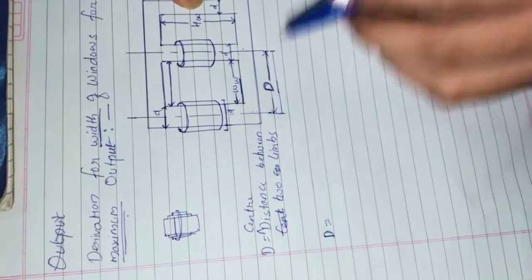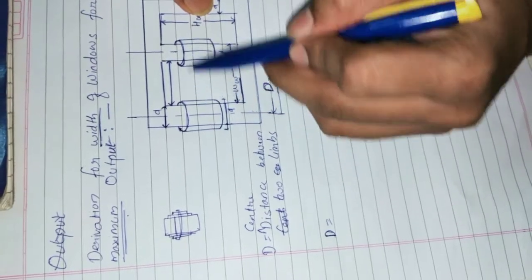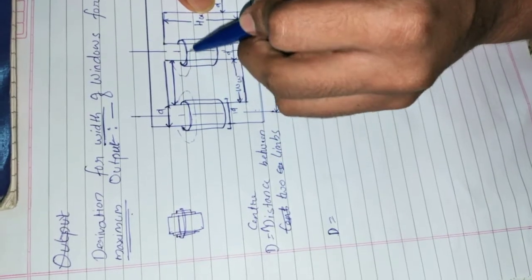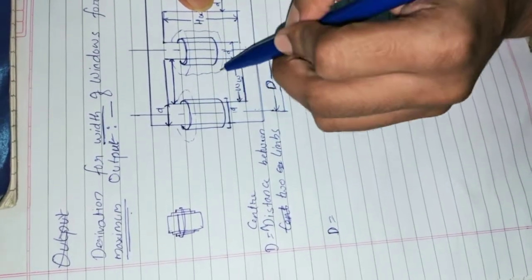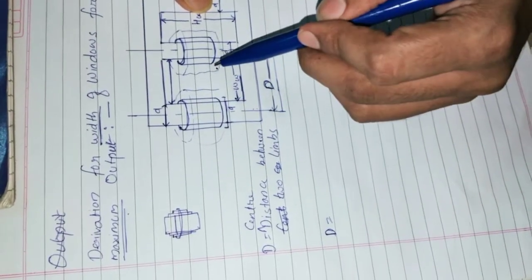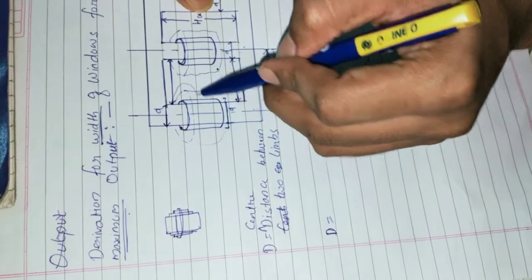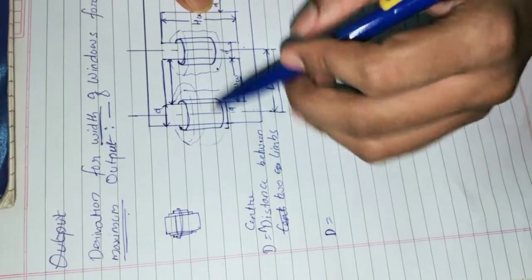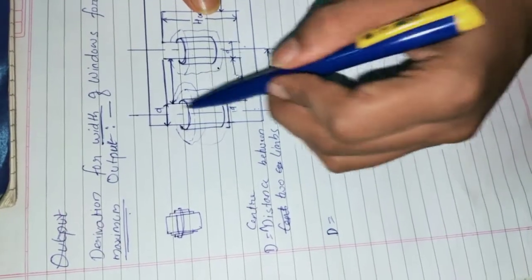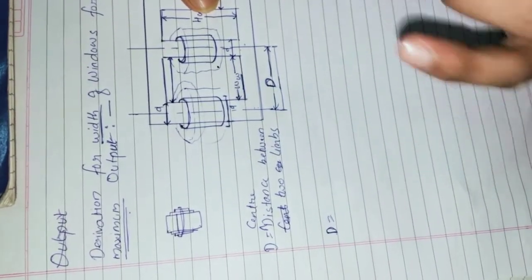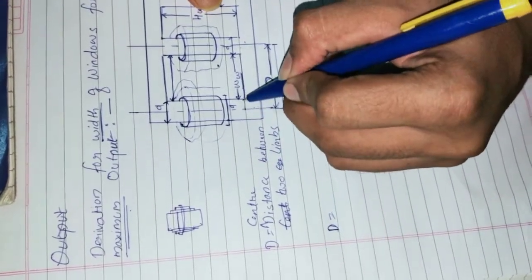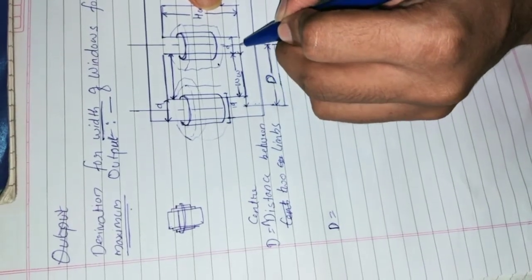Now what else are we having in this? In this window, what will we do? We'll make windings, right? Like this, LV winding and HV winding. That means finally in this window we will have windings, LV, HV, LV, like this. This winding will be done till this window is completed. This we all know. So now what all things do we have within D? We have half portion of this D and half portion of this D.